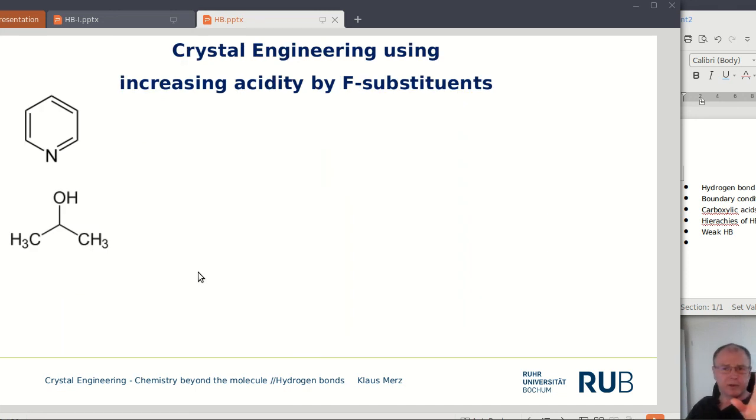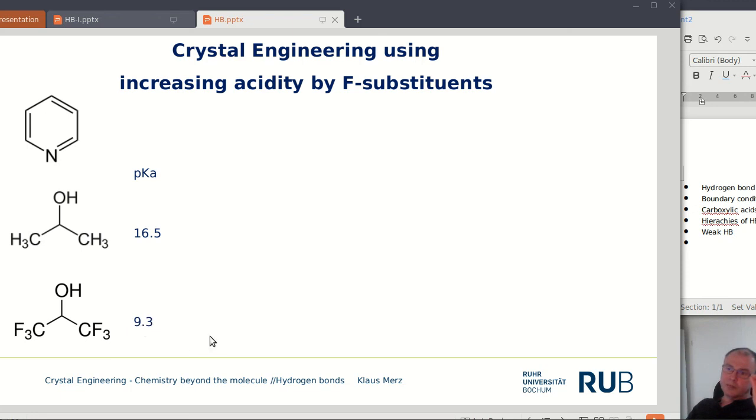And it's not restricted to these very special compounds. Have a look, for example, here. If you try to crystallize pyridine with isopropanol, 2-propanol, you will not have any success until now. Nobody. The reason is the pKa value of isopropanol, and if you now use this perfluorinated 2-propanol, hexafluoropropanol,